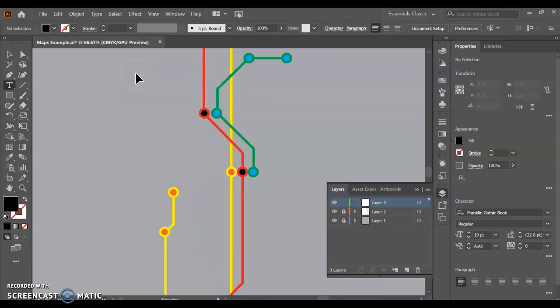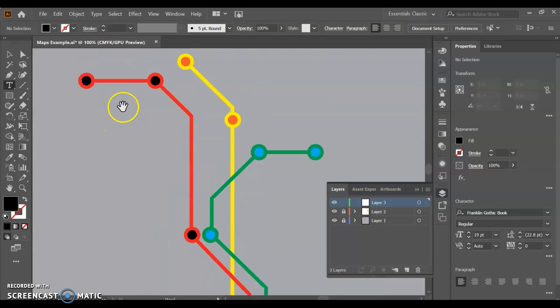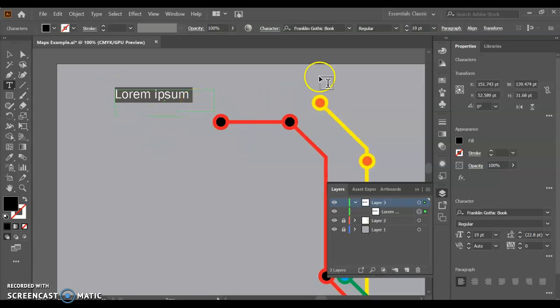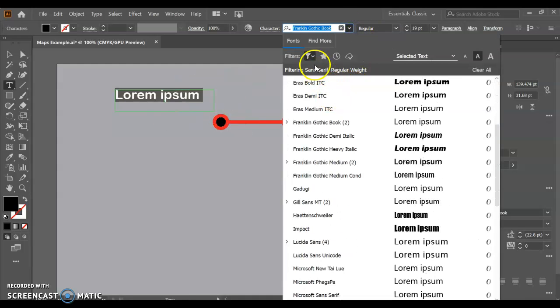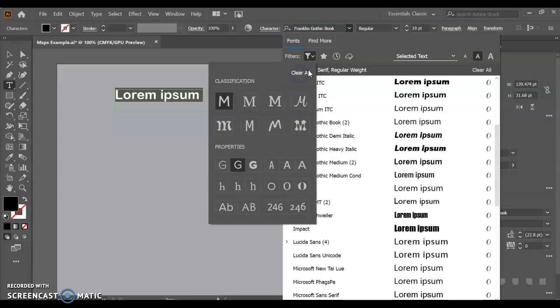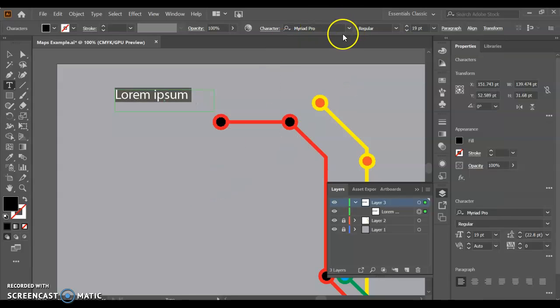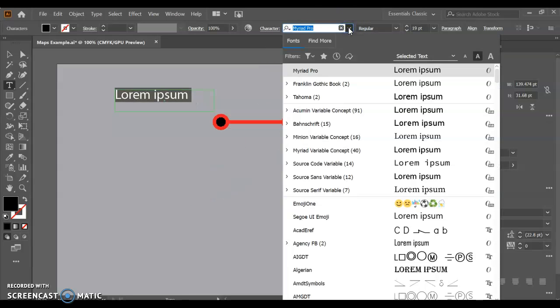So what I'm going to do is I'm actually going to zoom in right here on my first one, and I'm going to click and drag and make a box. Now by default, we have a few different options for fonts, and here are the recent ones. So by default it's Myriad Pro,